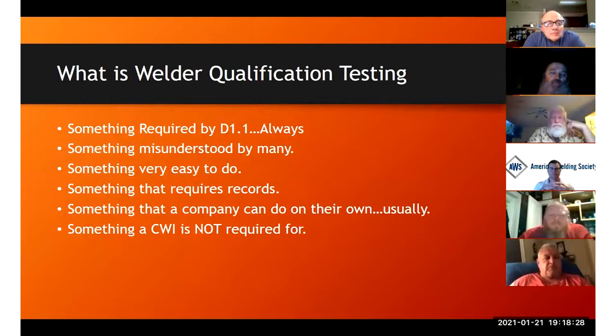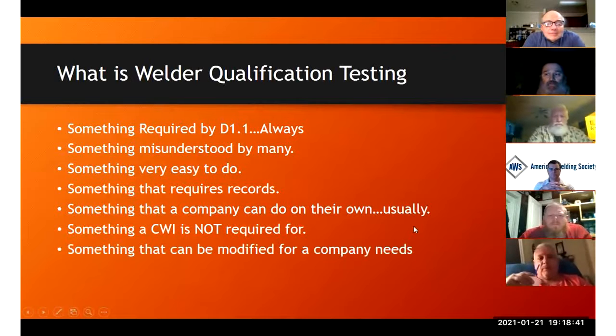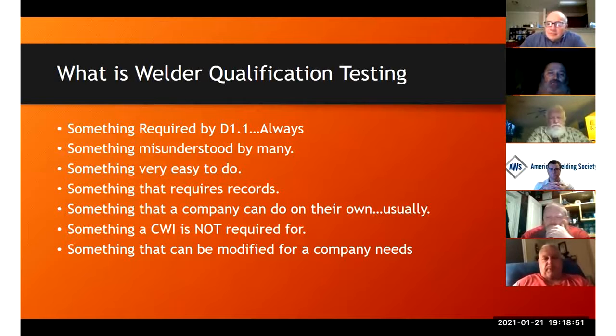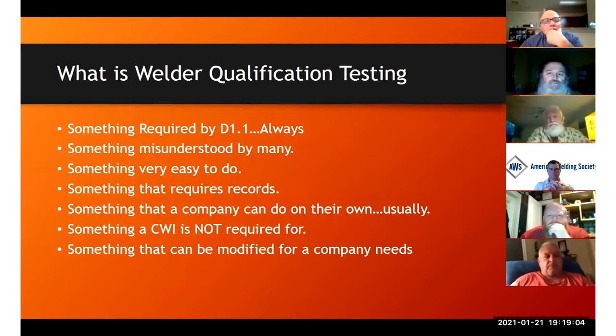A welder performance qualification record with a CWI stamp on it is no more valid than one that's signed by the manufacturer's or the contractor's superintendent. It's no more valid as far as the code is concerned. But it is also the welder qualification test and something that can be required for the company's needs. If you're going to sign a document and certify that the requirements of D1.1 were met, you've got to meet those. But if you want to exceed them, you can. When I perform welder qualification testing as an AWS ATF and an organization tells me